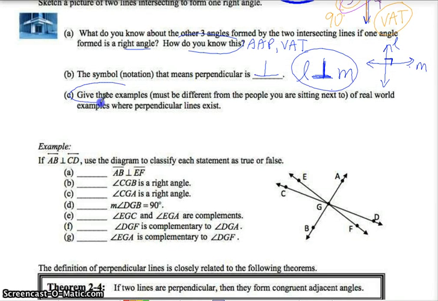Okay, look around the room. Can you give me 3 real-world examples where perpendicular lines exist? So looking around the classroom, you should see many, right? Where the wall meets the ceiling, where the floor meets a wall. Look at the corners of the windows, the doors, the posters, your textbook, pieces of paper everywhere, the cardboard box,